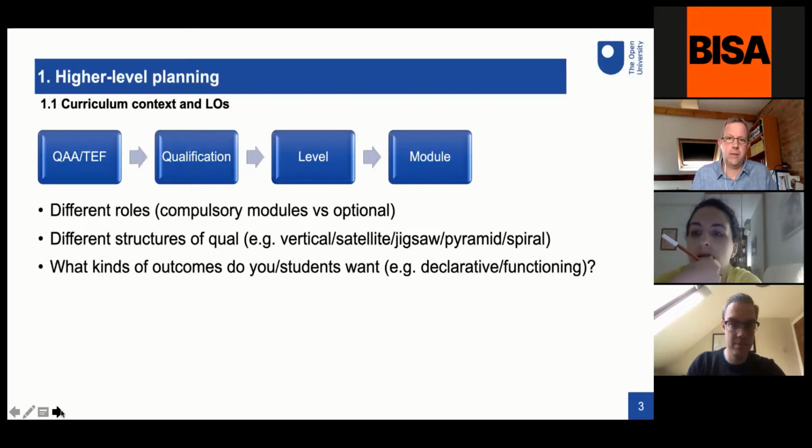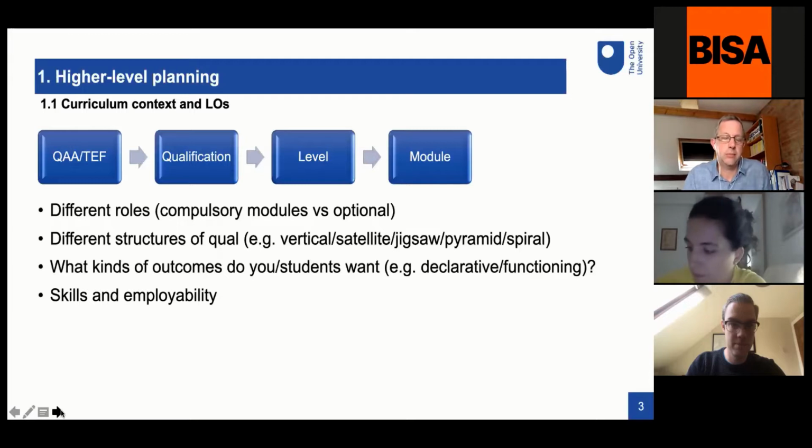and use cognitive skills, and particularly, I think, in terms of some important areas that are more prominent now and possibly increasing in prominence around skills and employability and practical and professional skills that we might also build into our learning. So it's worth thinking about what are the kinds of outcomes we're wanting from students, not least because what the aims we have for our modules are helps to drive decisions about what kinds of learning experience we give to students,